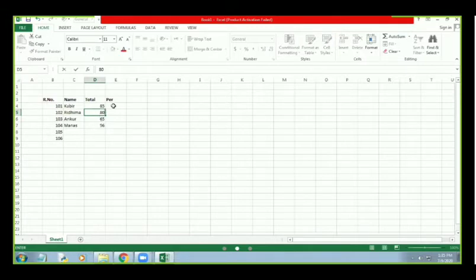Okay, so first of all we have to open the worksheet and directly click on what we have to change and then type the new entry. The content will be changed. Okay, we can also do it by using edit mode. So what we have to do is double click on the cell. Suppose we have to change these marks, then double click on the cell. Then the insertion pointer will blink here. As you can see, the insertion pointer is blinking here before 65.